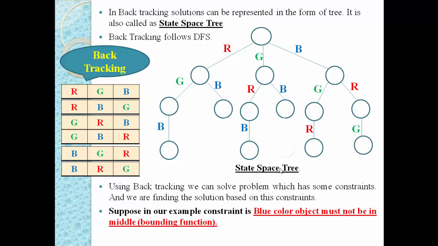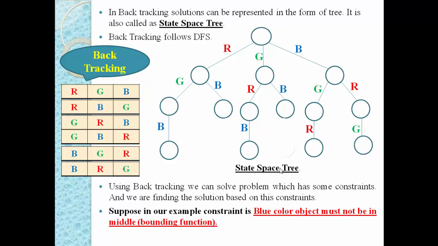So this is the basic concept of how we can solve various problems. Again I am repeating, backtracking follows the brute force approach, and in the brute force approach all the possible solutions need to be verified, but in backtracking we represent all the solutions by using one tree, and this tree is known as the state space tree. To generate this state space tree, we use an algorithm that is the depth first search algorithm.